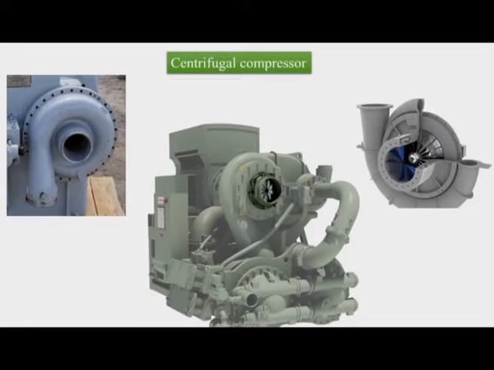Then one of the objectives is to draw velocity triangles and interpret them in the perspective of the Euler equation, and then consider it for further temperature and pressure rise. So these are the thoughts which we would have to process for the present lecture. In view of this, we will start with the centrifugal compressor.